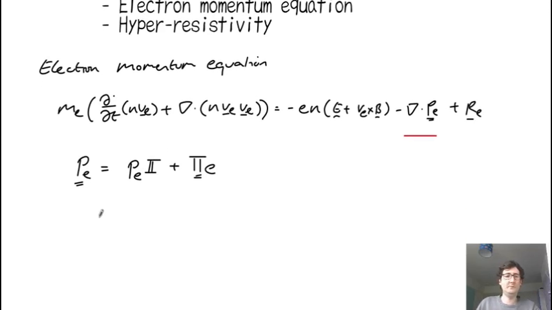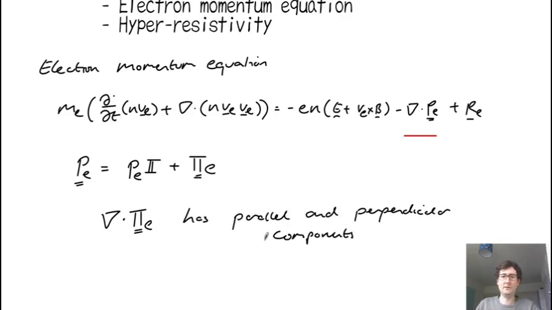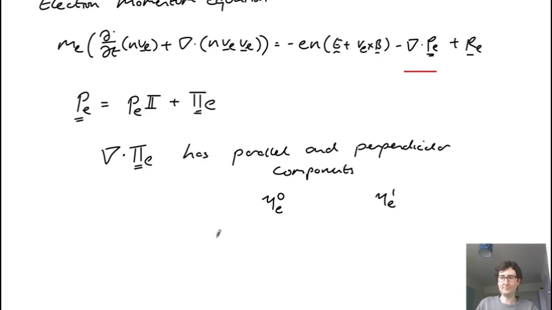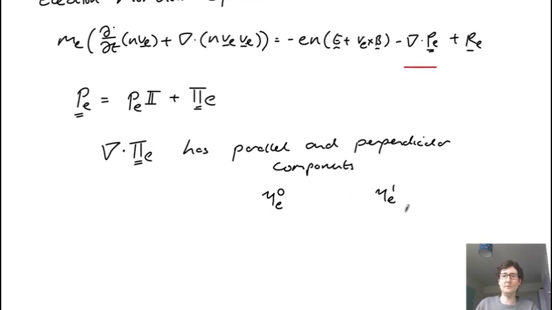And here we've seen in a previous video that this has components which are parallel and perpendicular. In a previous video these were labelled eta 0 for the parallel and eta 1 for the perpendicular components. There are then other components for the gyroviscous terms. For now we're going to concentrate on the eta 1, so the perpendicular parts, because what we're looking to look at